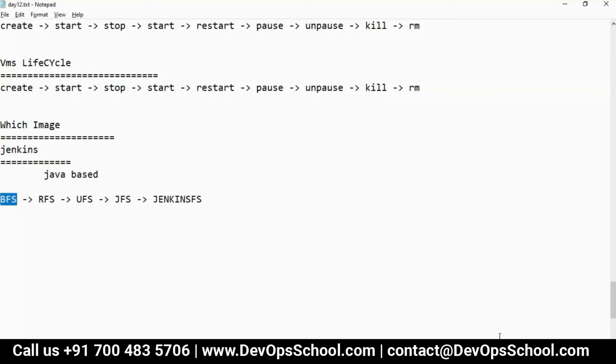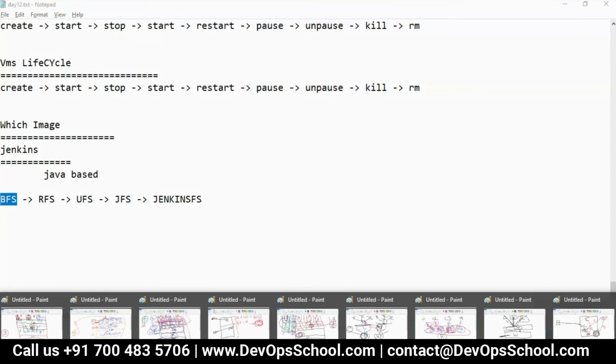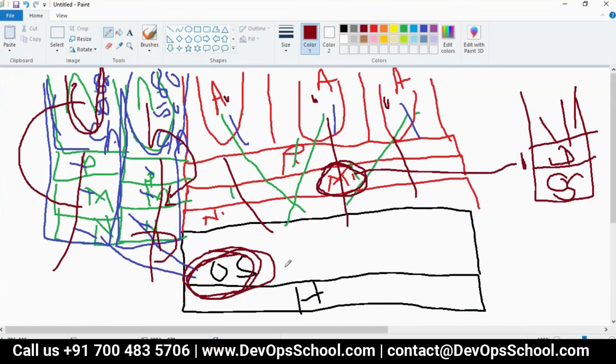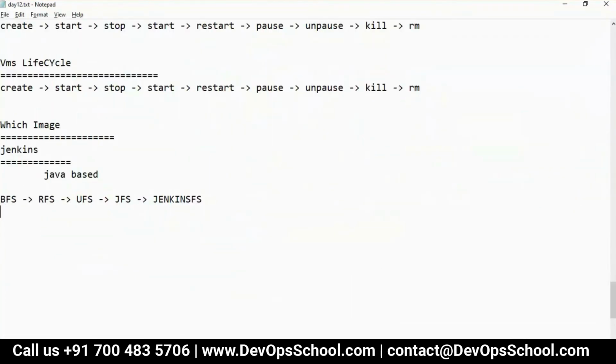So if I look at the container world, we know that the boot file system will come from the base OS, the host OS. The root file system, user file system, and the Java or Jenkins file system will come from the image. Because I told you very clearly, see that.